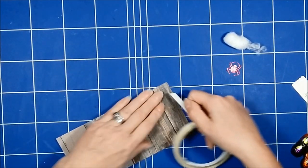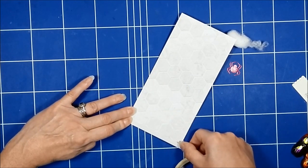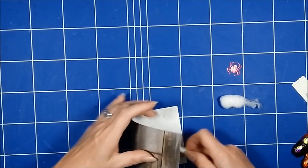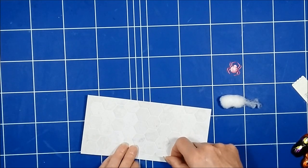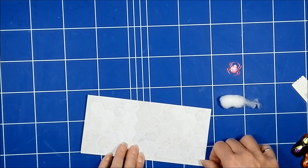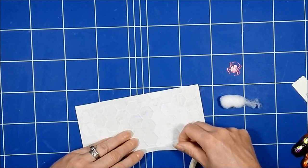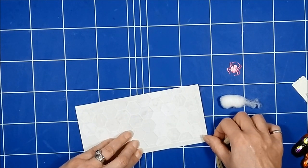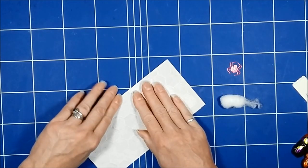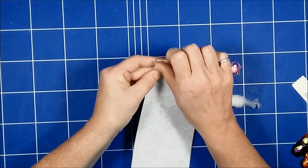So what I have here is a little bit of tear and tape. I'm going to put that on the back like that, and I'm also going to put some on the inside. So what I'm going to do is put it roughly halfway from one side, and I'm going to do halfway and a little bit more from the other side. You could do it all, but actually I don't think you need it all. So there's my tear and tape, and I'm just going to peel off the backing on that one,